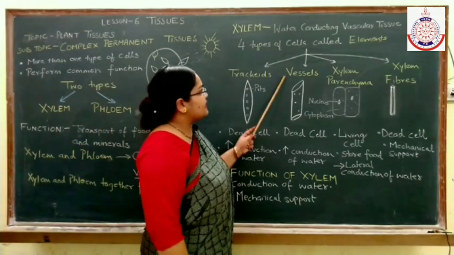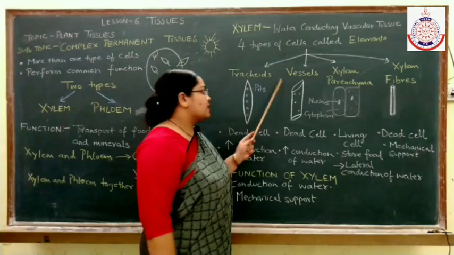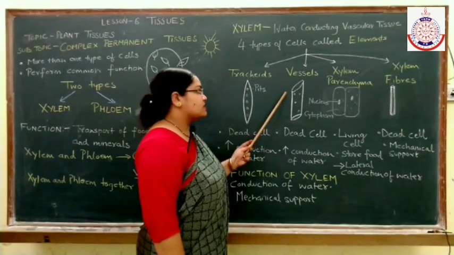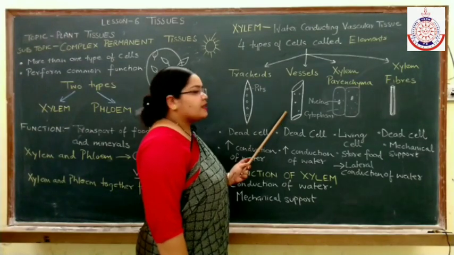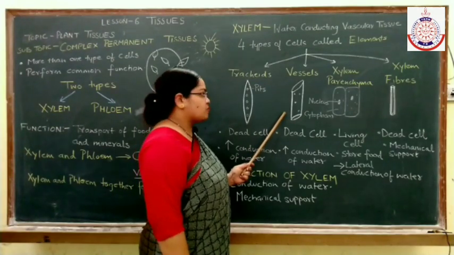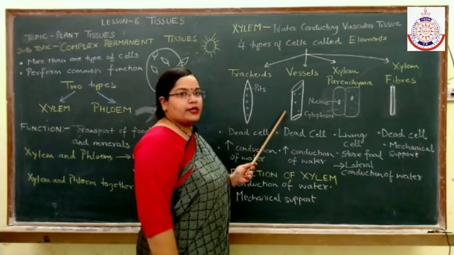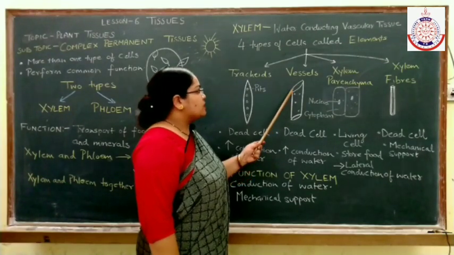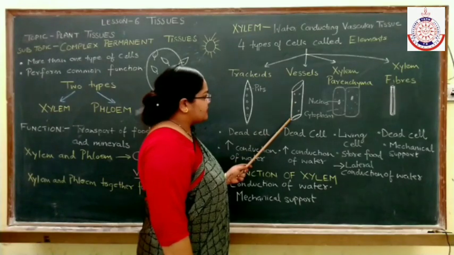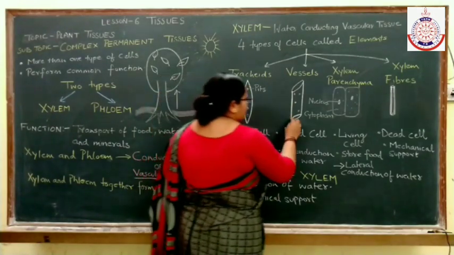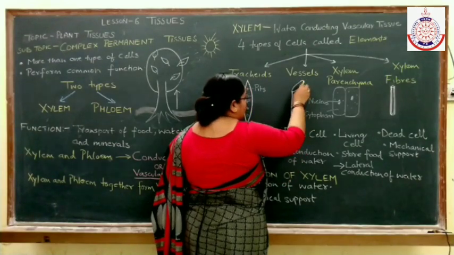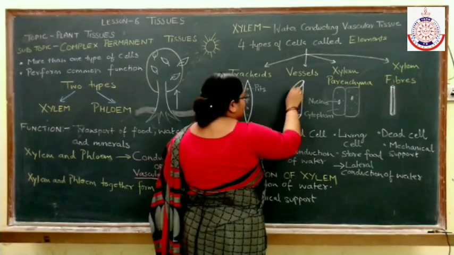Now the second element is vessels. Vessels are cylindrical structures or cylindrical shaped cells. They are also dead cells. It means they also don't have cytoplasm and nucleus. Now the ends of the vessels, their wall is partially or completely dissolved. You can see a wide lumen is present